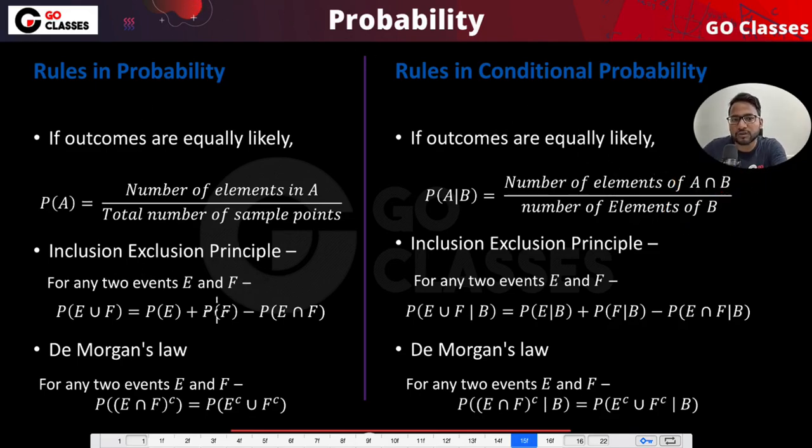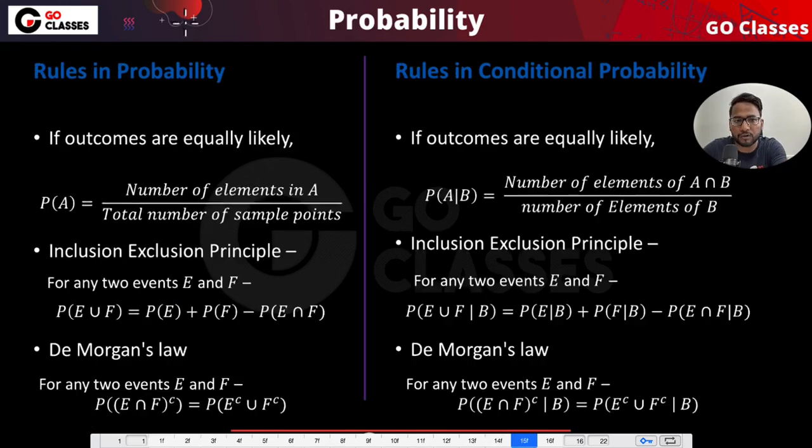Now the inclusion exclusion principle says that you have this particular equation. Now you can do the given B things, and you can still have the same equation. We can easily prove these things. This inclusion exclusion principle, De Morgan's law, these things we can easily prove, but that's not required. Let's just take it as words, which means you can do the given B. If you want to really prove it, you can do it using the formula. How? Just open this using the formula, and what is that formula?